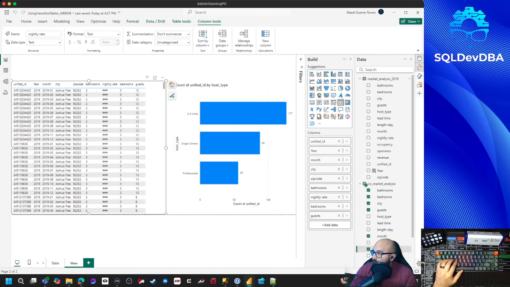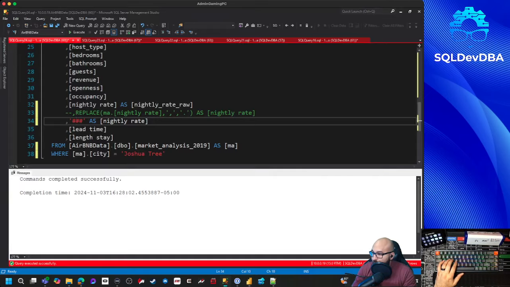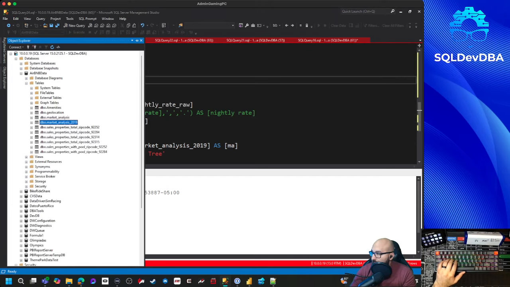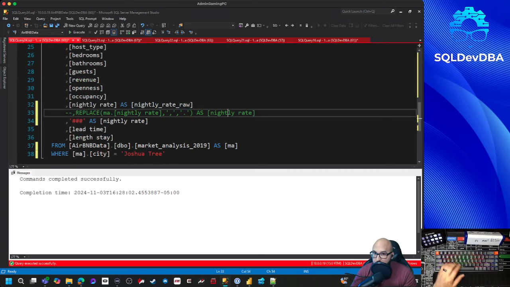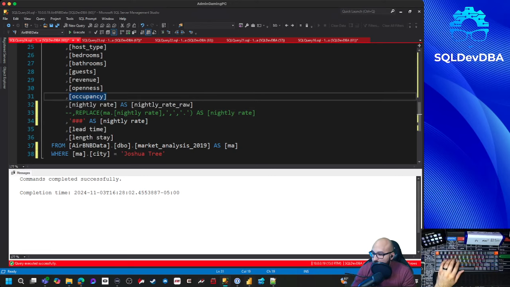Whatever. Okay, so then there's the concept of having multiple tables and joining those multiple tables. For example, this market analysis actually coincides with a geolocation table. And the geolocation table just has, for every listing, the geolocation for it. So great. If I wanted to get that,